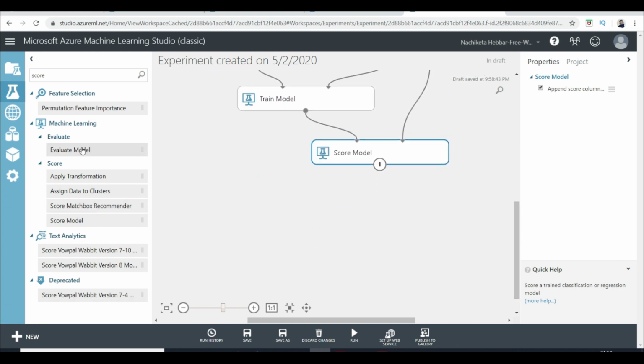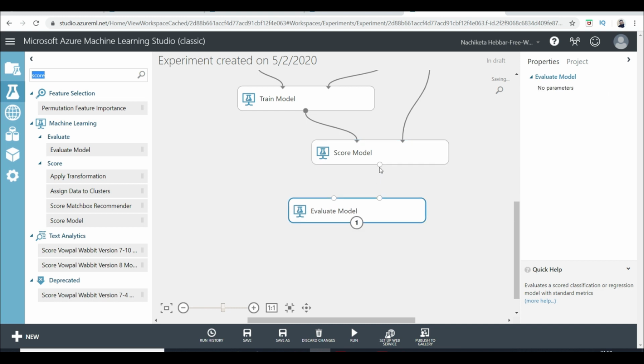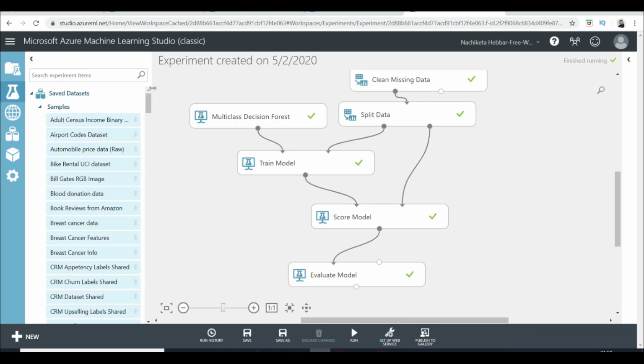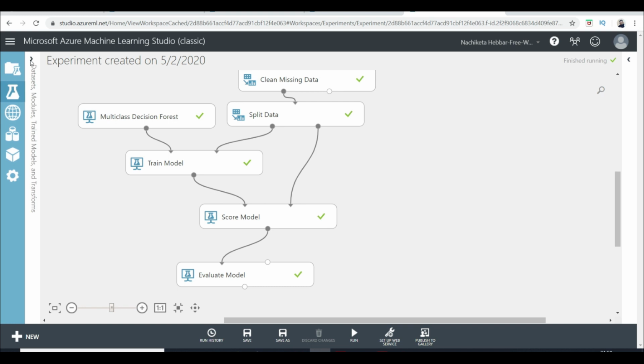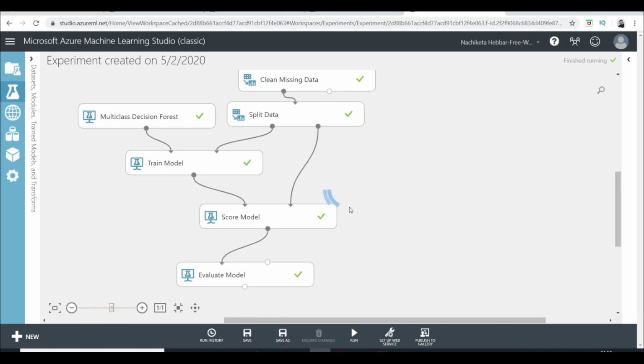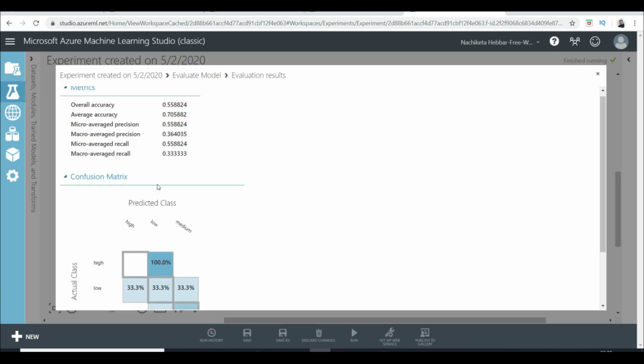However, to visualize that, we have another option of evaluating your model, which you can see over here. So if you simply drag that, you'll be able to visualize that with the confusion matrix and everything. So you simply supply it this scored data set, and that's it. You simply run this, and it will give you nice looking visuals and all the metrics as well, right? So once it has completed, you simply click on visualize. So you can see the metrics over here.